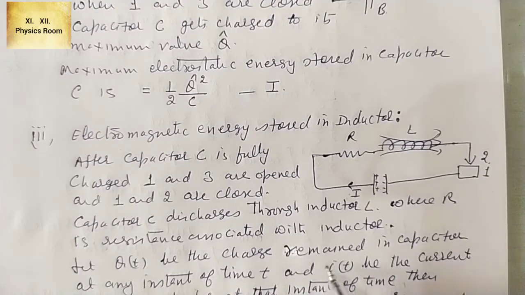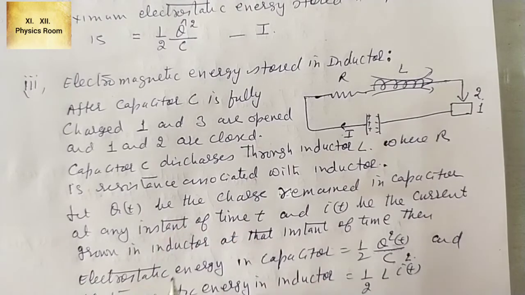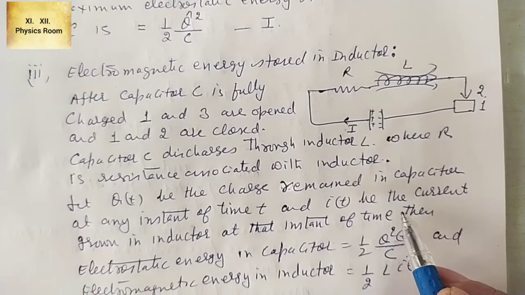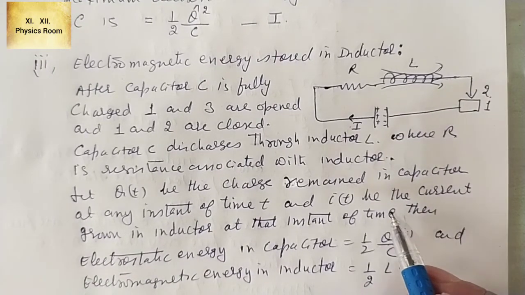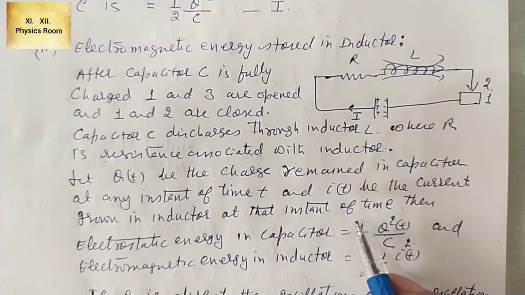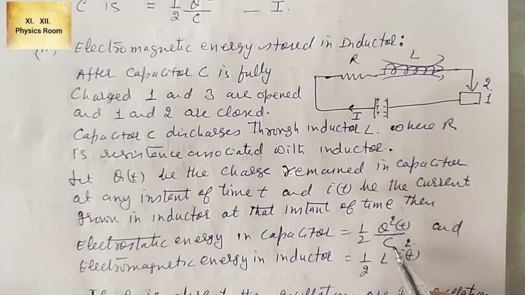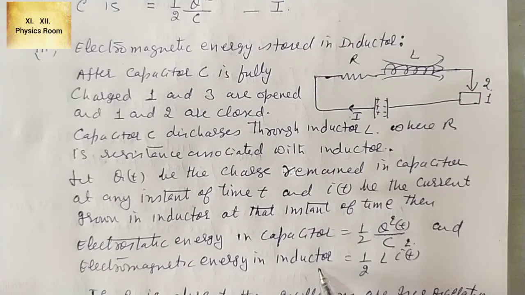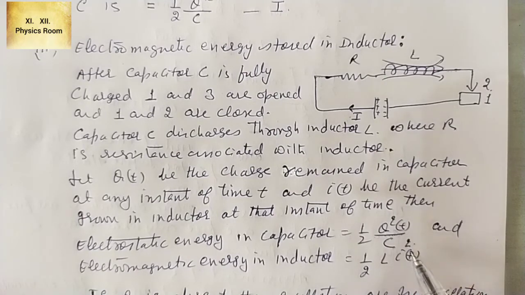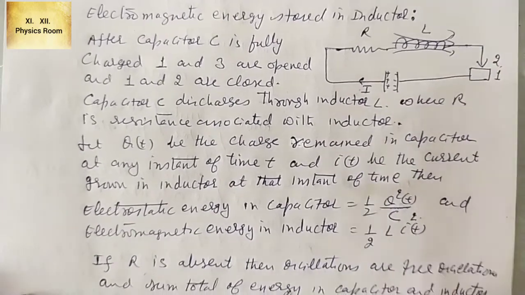Let Q(t) be the charge remained in capacitor at any instant of time t, and I(t) be the current grown in inductor at that instant of time. Then electrostatic energy in capacitor would be half Q square t by C, and electromagnetic energy in inductor would be half L I square t. At the same instant of time, this is electrostatic energy in capacitor, this is electromagnetic energy in inductor. Now if R is absent,